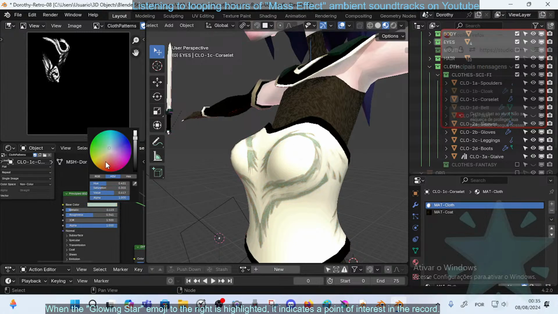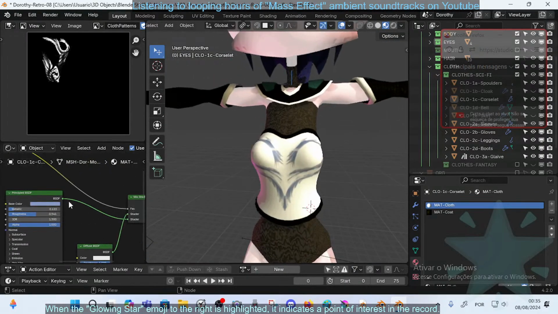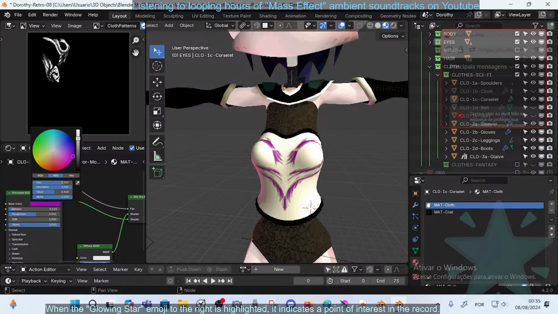Maybe I can make this much maybe bluish color. Some pale, very pale color maybe. Yeah, can't decide on a single pattern, but